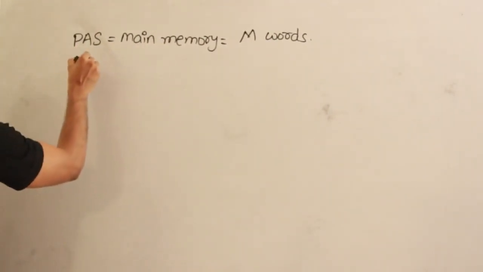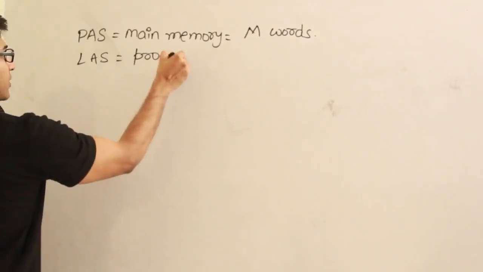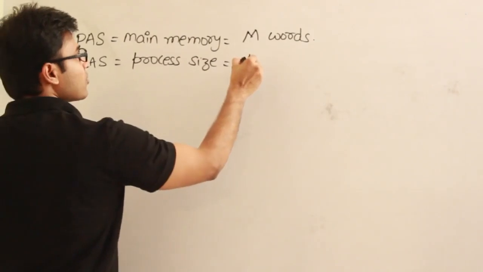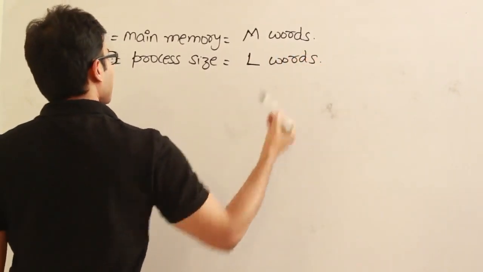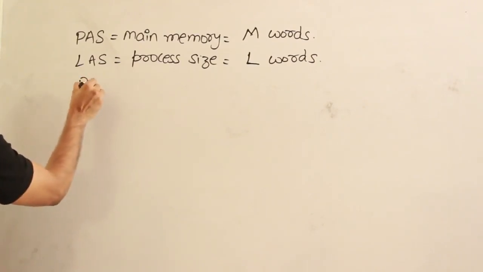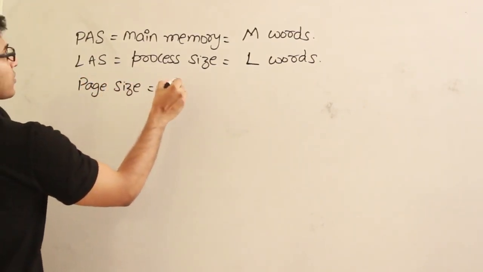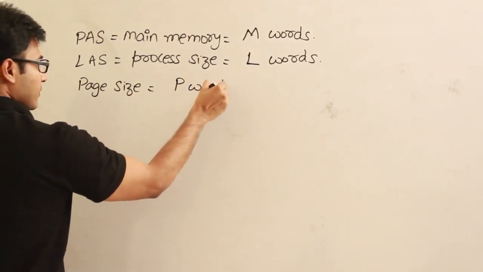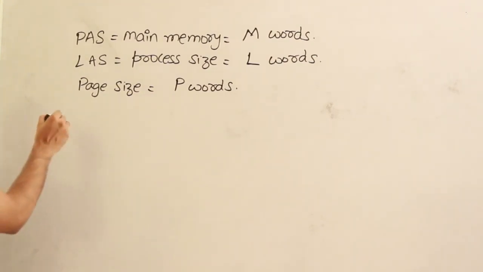And now logical address space is equal to process size, right? Process size, let us say this is equal to capital L words, right? And let us say page size is equal to P words. Fine. If this is the scenario, then what will be the size